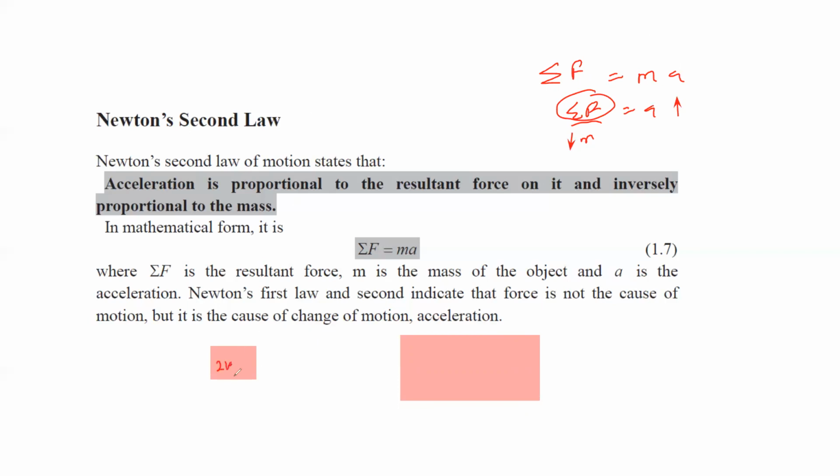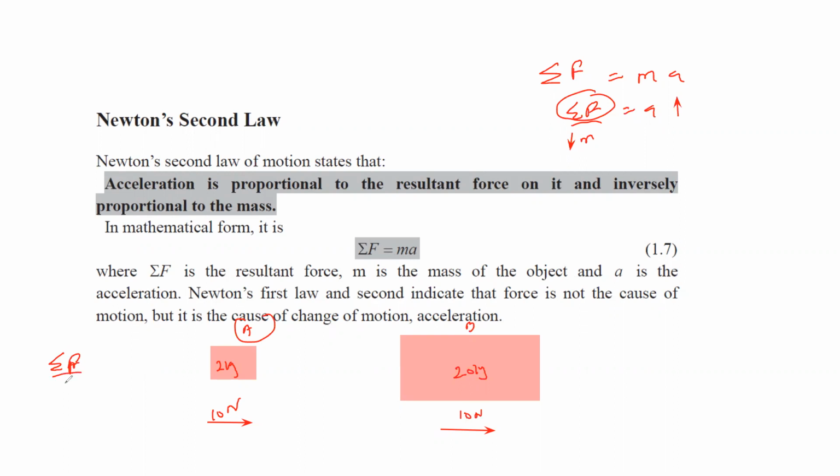So if we have a 2 kilogram object and a 20 kilogram object experiencing a resultant force towards the right hand side, the same resultant force of 10 Newton, which object will have a greater acceleration? We can identify, because mass and acceleration are inversely proportional and the resultant force is the same, and we can calculate this acceleration.